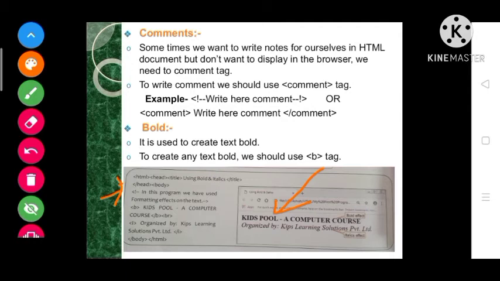Understood? And here the B tag is used to make text bold. So maybe all the things are understood up to here, what is a comment and what is the bold tag.